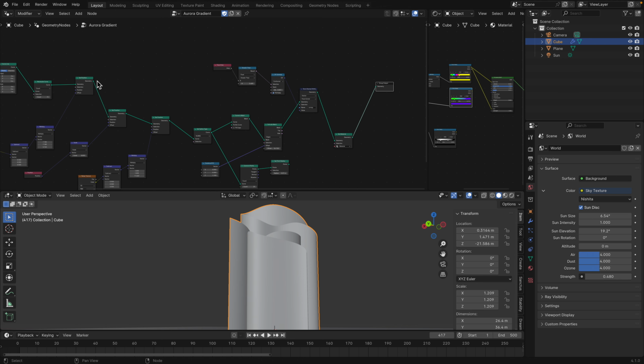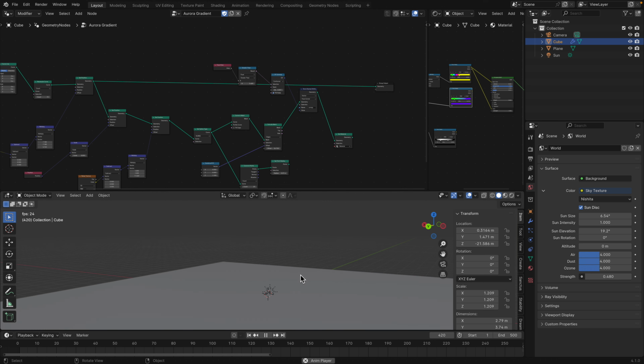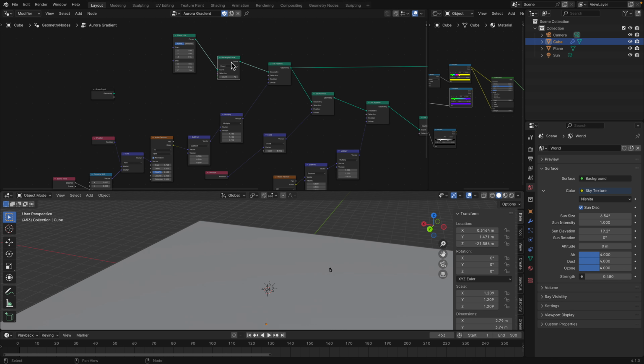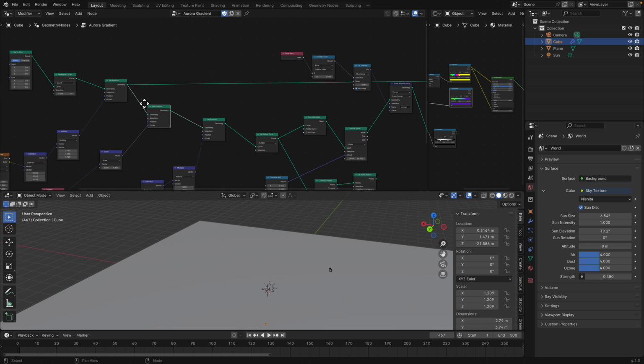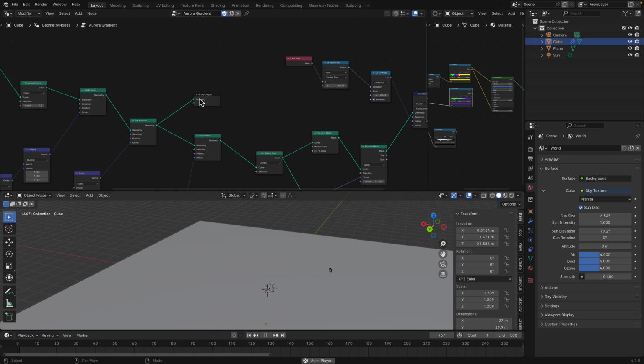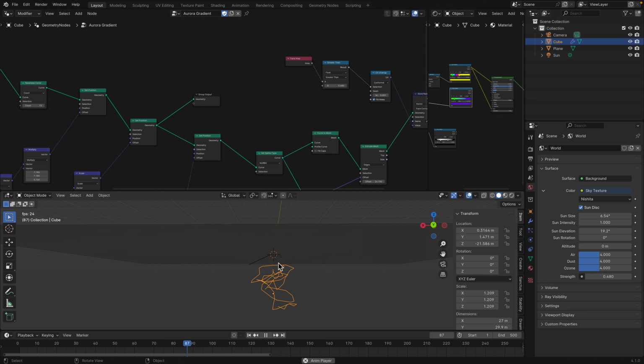Let me show you. I think there you go. This type of lines, snake,